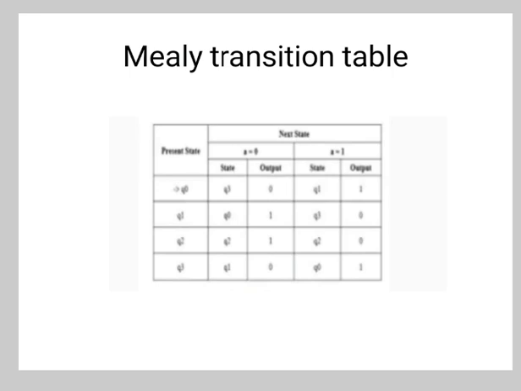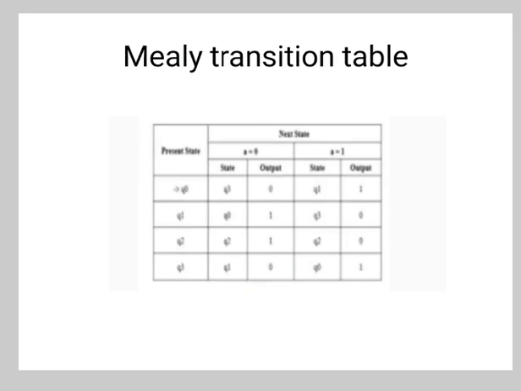That is the state transition function, which produces the next state at time t plus 1 as a function of the present input x of t and present state s of t, and the second is the output function, which produces the present output z of t as a function of the present input and present state. Now s of t is known as the present state and s of t plus 1 is called the next state. The state transitions and the output functions are stored in the state table.